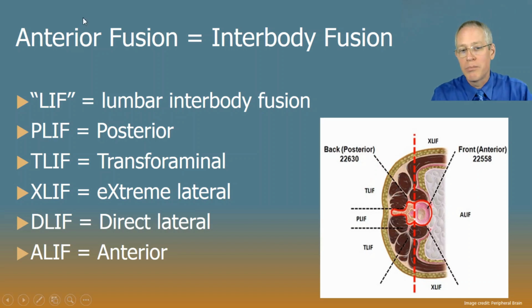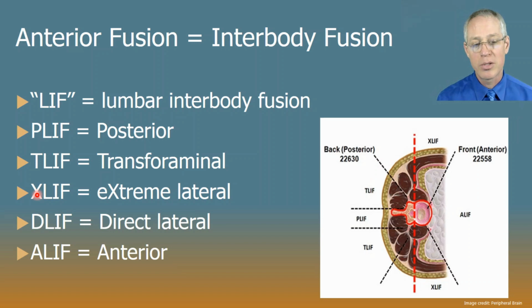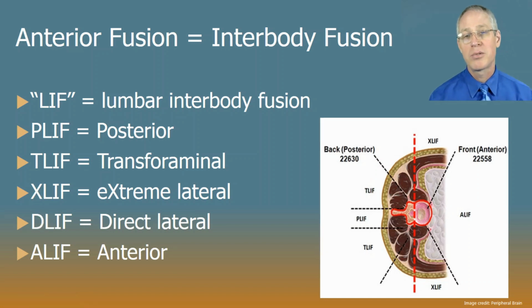So the main caveat about anterior fusions, interbody fusions, is that it's interbody. So any fusion that you see that's got IF, interbody fusion, those are all anterior column fusions. That's critical. In this case, these are lumbar interbody fusions, and there are cervical fusions as well. And then the first letter in these is typically the approach, or some proprietary set of apparatus and the assigned approach. An XLIF and a DLIF, those are proprietary names for those vendors for the approaches they developed for these